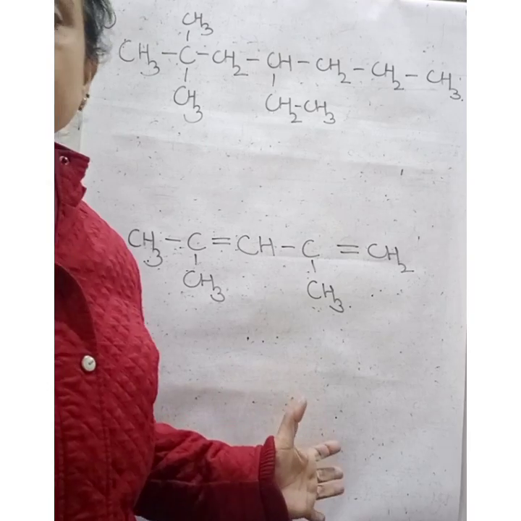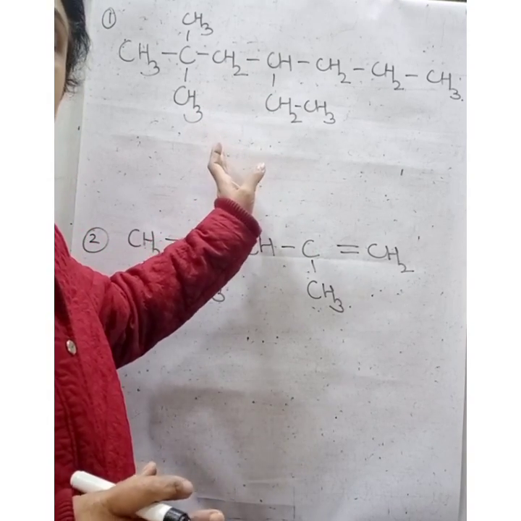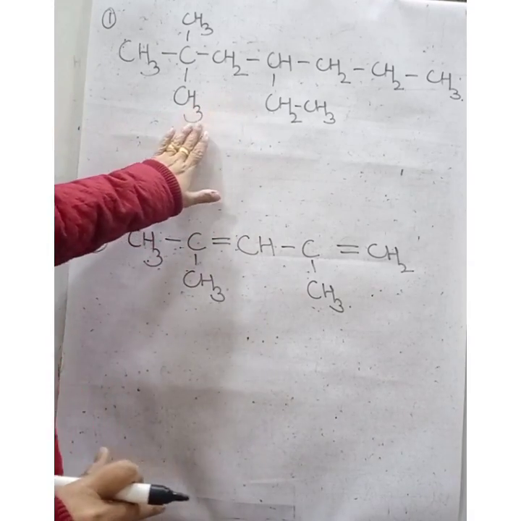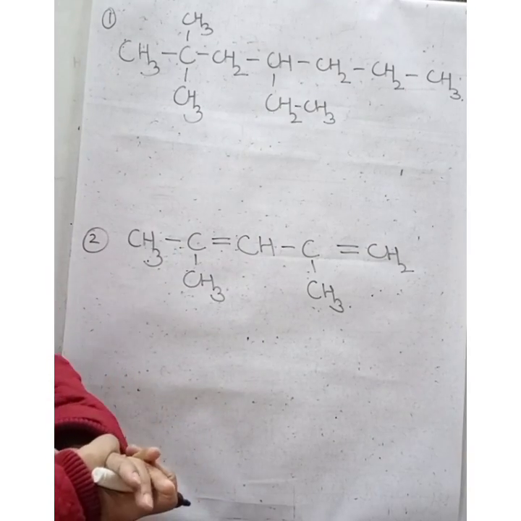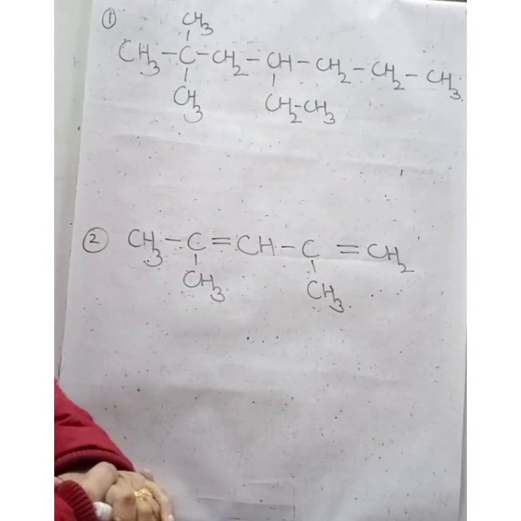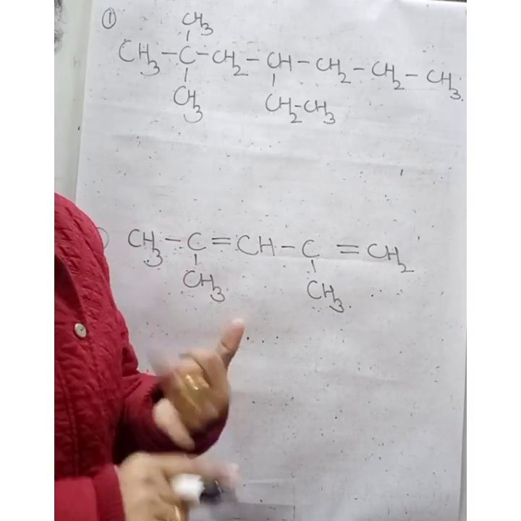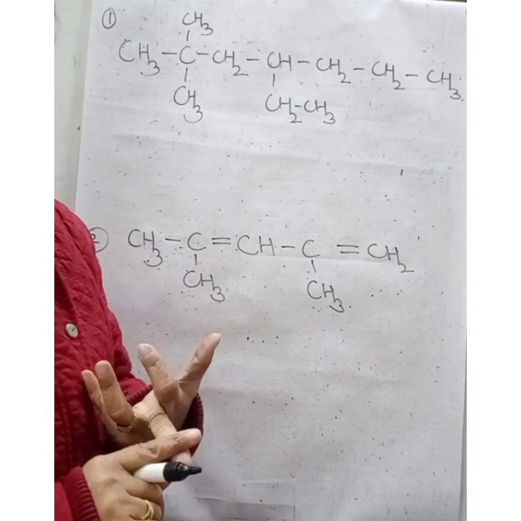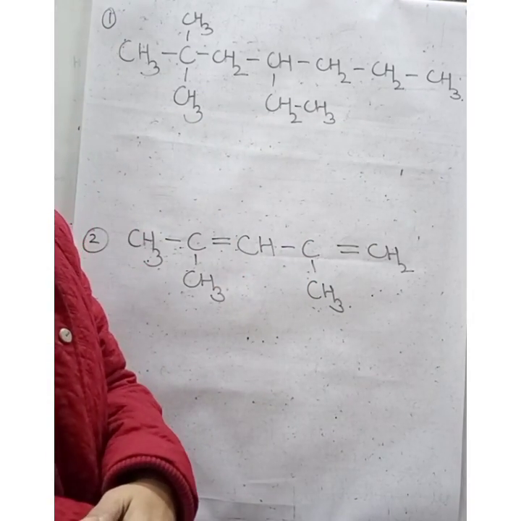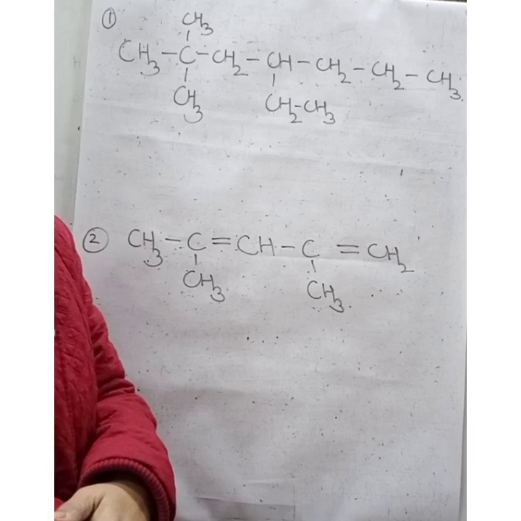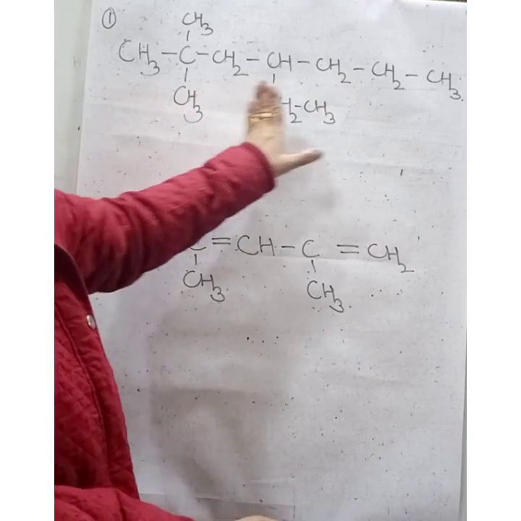Now, after discussing the rules for naming organic compounds, let us apply all those rules for naming the organic compound. Let us see some of the examples. Now, suppose this is the organic compound. Look at the organic compound and try to identify whether a functional group is present or a double bond is present or a triple bond is present. Now we can see that here nothing is present, neither functional group, nor double bond, nor triple bond. Because if they are present, then we have to follow the order of preference. Now we don't have anything here.